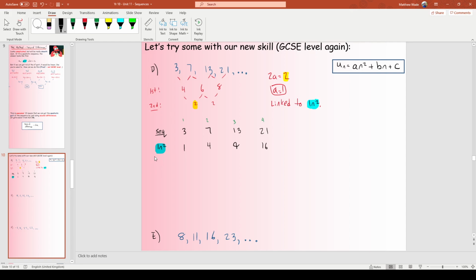Cool? Here's what you do next. You're going to subtract them. Okay, so we're going to subtract them. So 3 take 1 is 2, 7 take 4 is 3, 13 take 9 is 4, and 21 take 16 is 5. Here's what you've done essentially, my buddies. Because you knew it was linked to 1n squared, when we subtracted, we actually have eliminated this out of our answer. We've got rid of the n squared bit, and all that's left is the not n squared bit, which is that,